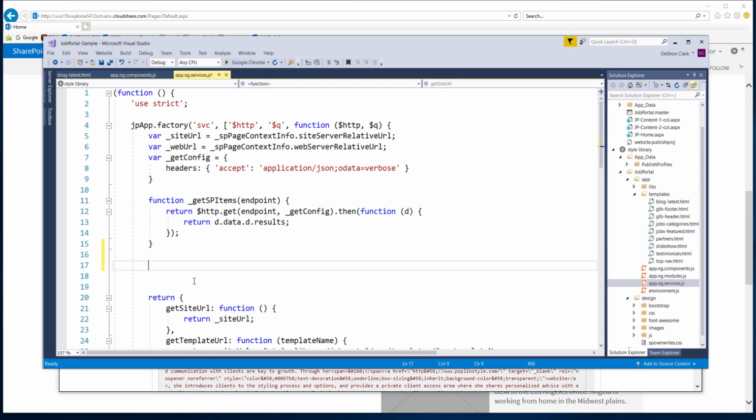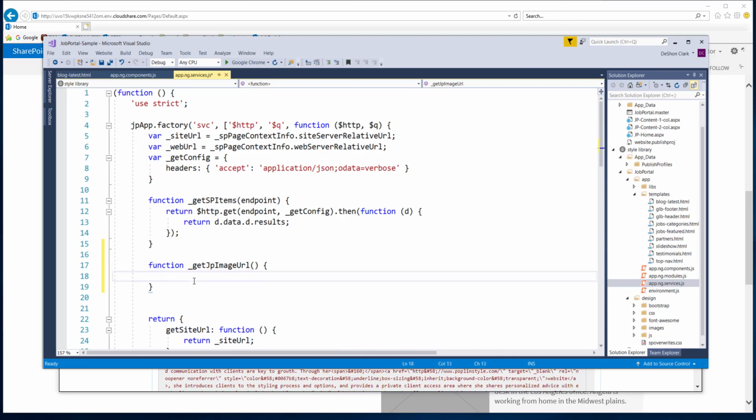So to build this, let's just call it get. It's going to be kind of limited because this function needs to know the column name. So we're going to hardwire the column name with the understanding that anytime we need a publishing image, we're going to use the same column. That's why this is a site column. So let's say get JP image URL, and the caller is going to pass in the actual REST API endpoint. From that endpoint, we're going to make an HTTP get with the endpoint,